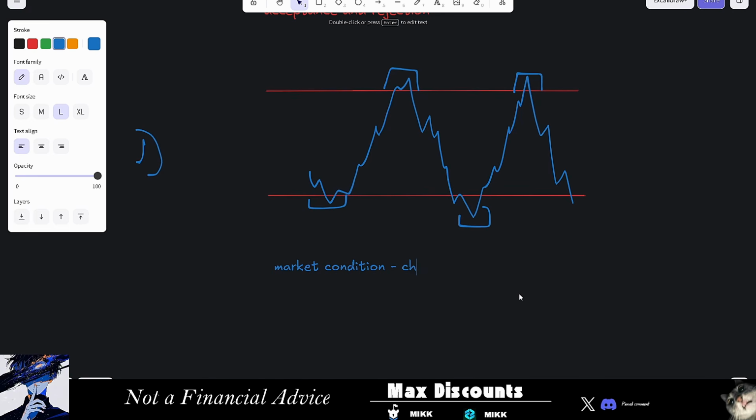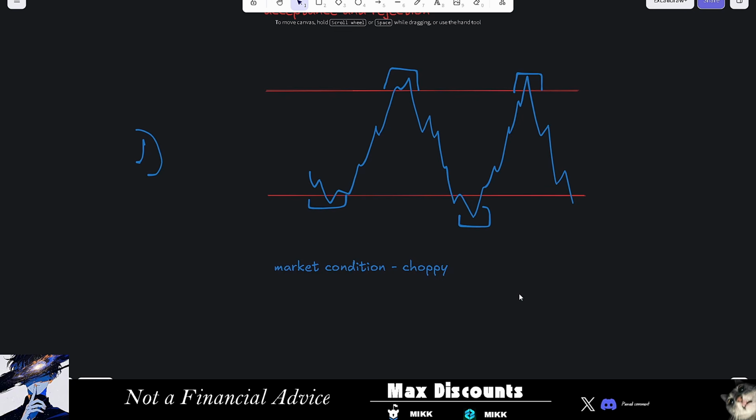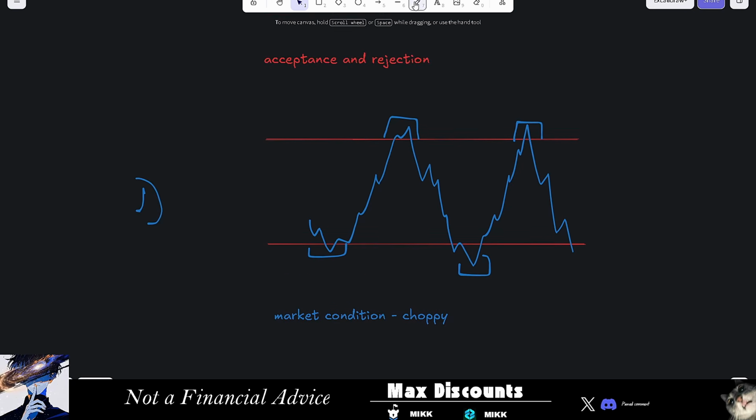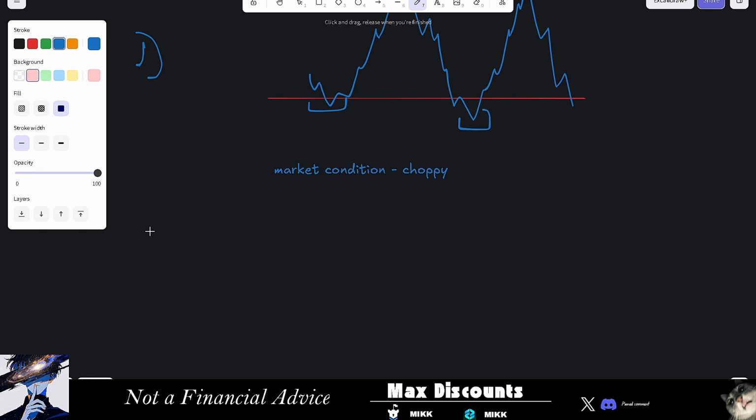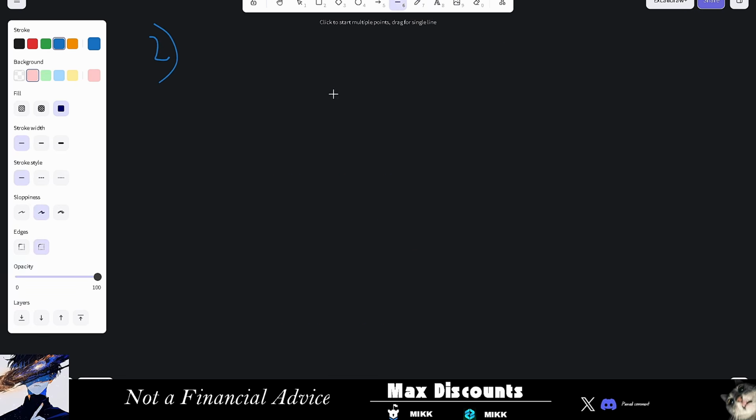Condition choppy. Now this concept works in the choppy condition. When the market is in a choppy condition, you get both shorts and longs at the very high and the very low. But what if I told you that